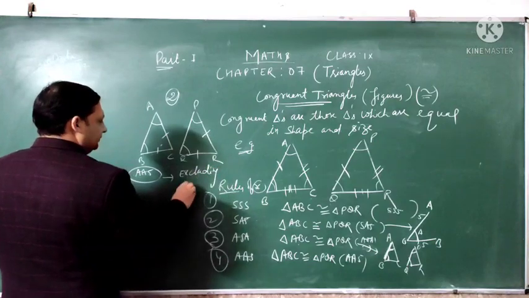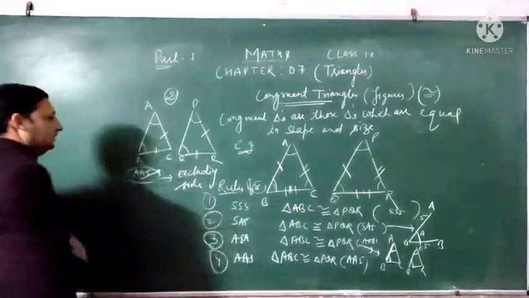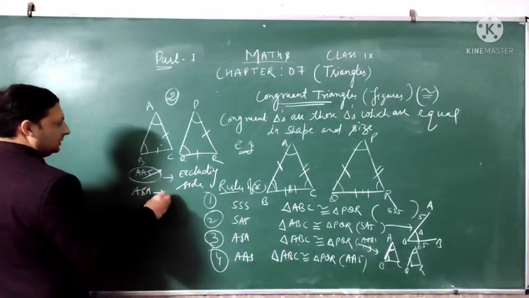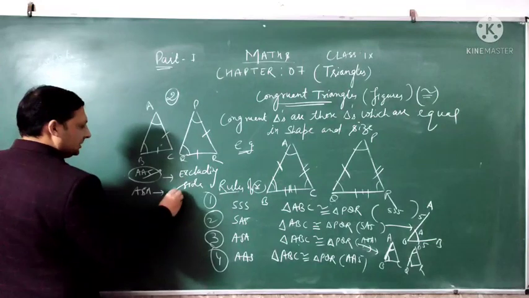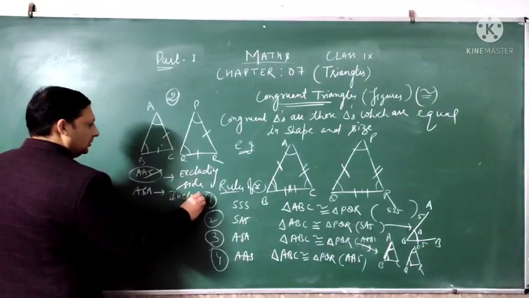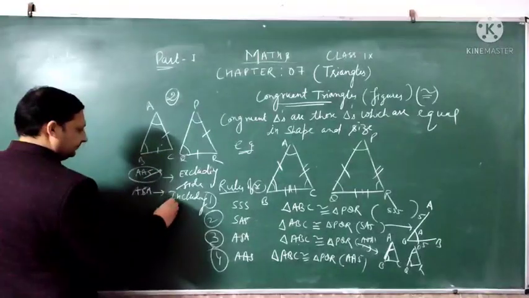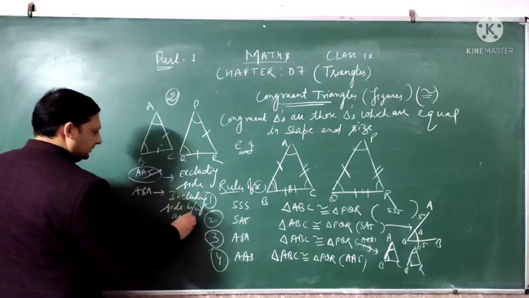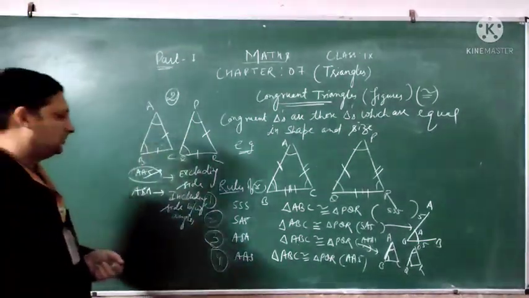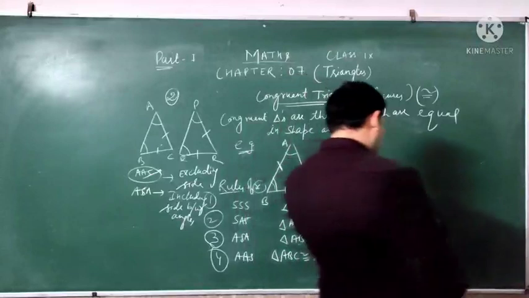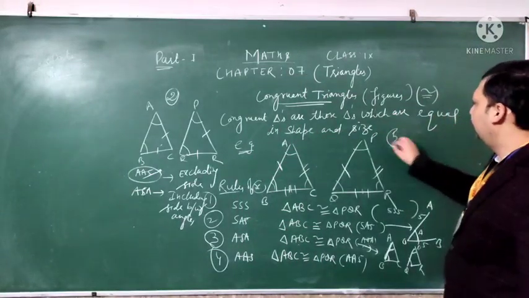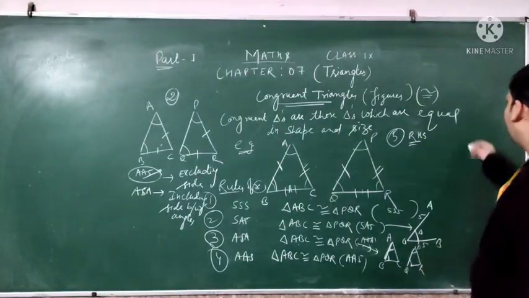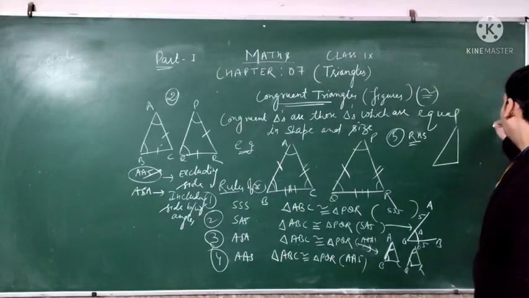So angle side means we will not take including side, we will take excluding side for angle side. But in the case of ASA, we have to take side including side between angles. And last rule which we are going to discuss, that is RHS, rule number 5. RHS, right hypotenuse side. It means we need two right angle triangles,